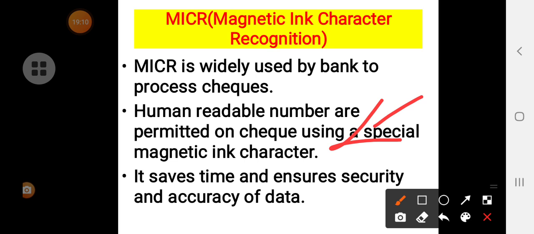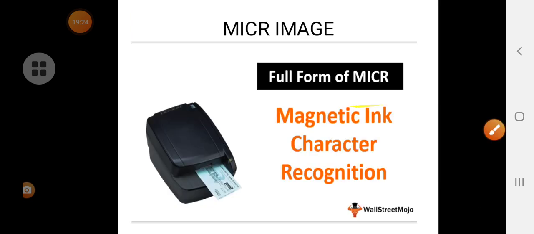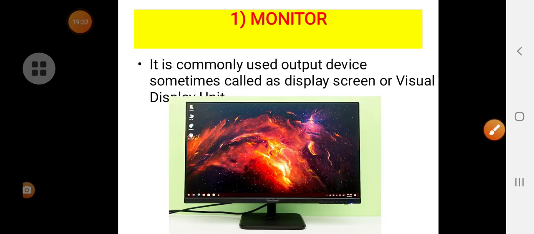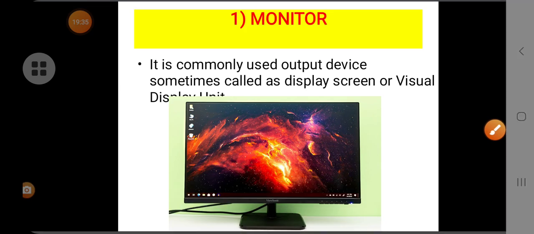By using some special magnetic ink characters, this MICR will work. So it saves time and ensures security and accuracy of the data. See, for reading checks in the banks, we use this MICR. By using magnetic ink, it will actually work.